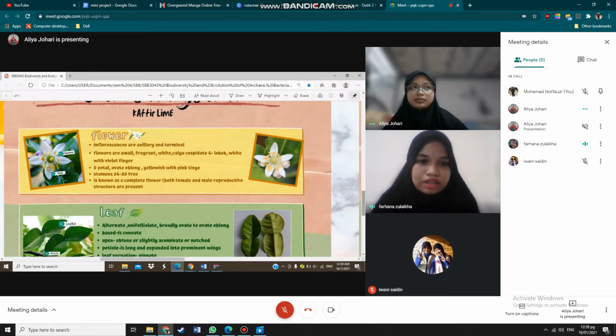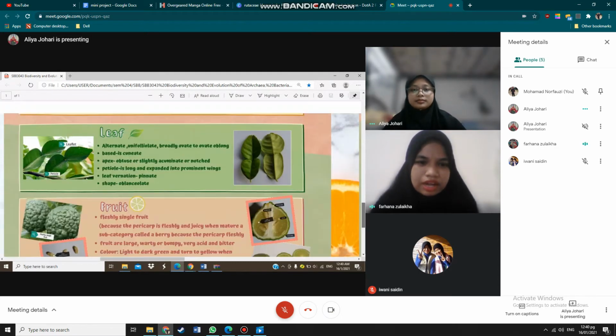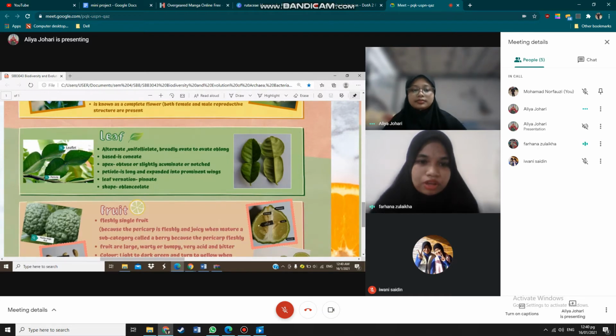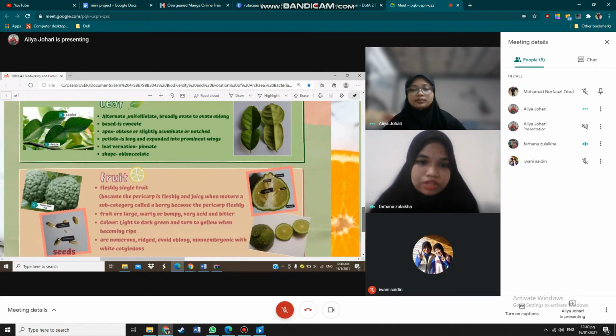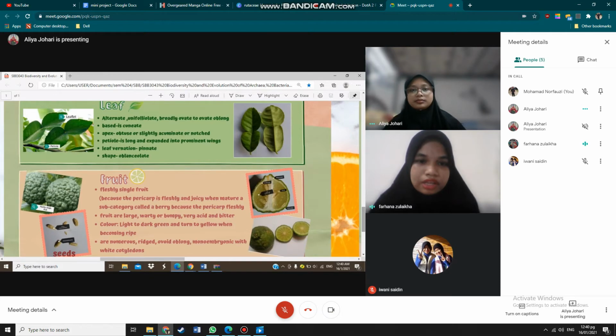They are known as a complete flower because both female and male reproductive structures are present. For the leaf, they are alternate, unifoliate, broadly ovate to ovate-oblong, iaitu membujur. Base is cuneate, apex obtuse or slightly acuminate or notched. Petiole is long and appended into prominent wings. Leaf variation is pinnate, a shape